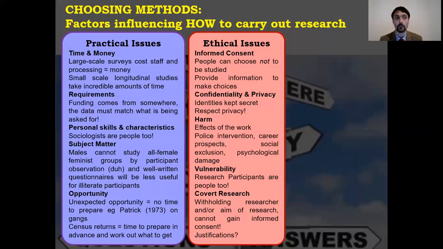The idea of doing research as sociologists is that you shouldn't really be causing harm with it. So one of the things that sociologists have to take into consideration is the effects of the work that they're doing. If you're looking at gang activity and you're looking at what causes people to join gangs, what you don't want to do is make the situation worse by inadvertently affecting, say, young people by letting them know what gangs there are in their area when they are not already exposed to those gangs. So you don't want to go in with an unstructured interview and open with, here are all the gangs in the local area and where you can find them.